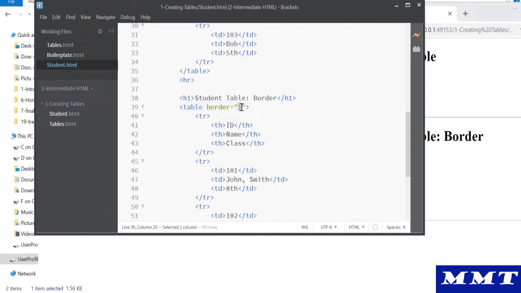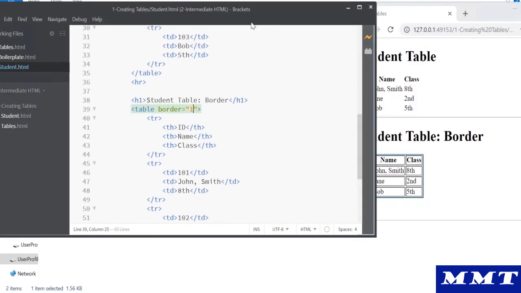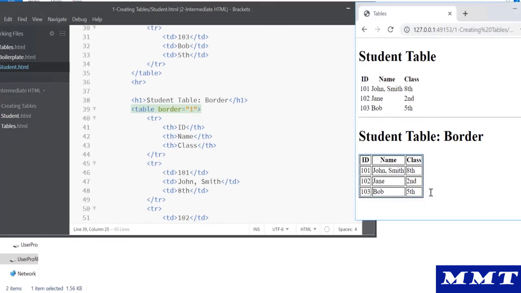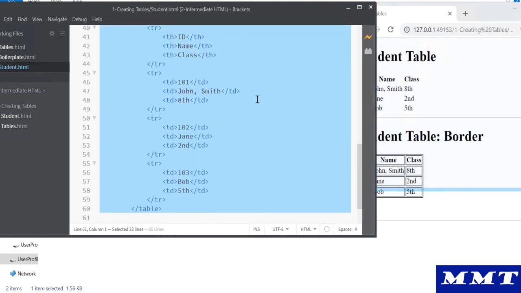Okay, you can specify the width of it, and once you say 1, the border will appear. You can increase it by 2, by 3, by 4, by 5, right? So border basically helps you to see the format of your table, right? What is the width, or what has been taken care of by the text, and then you can play around with it. Once you add spacing to it, then the border will help you to see which space or which element or which column is basically taking that space. Okay, so one of the properties or attributes of a table is a border, using which you can add a border. Okay, let's create another example.